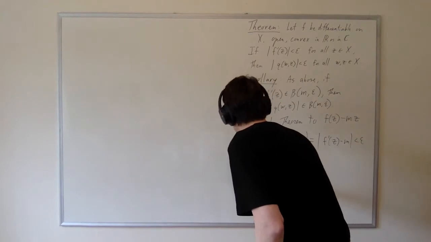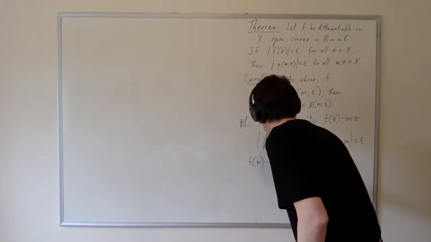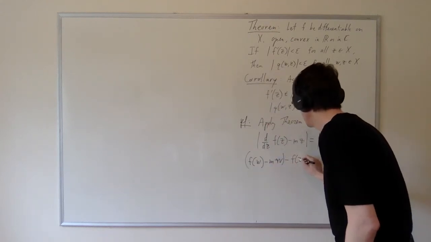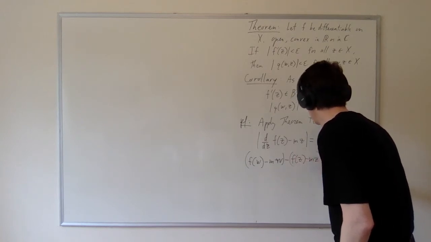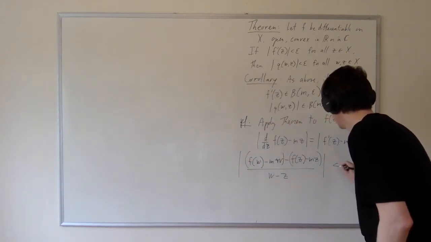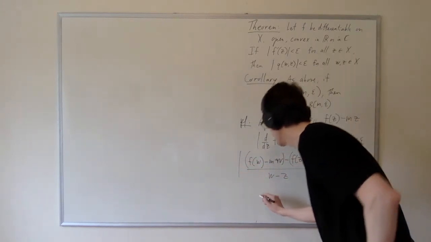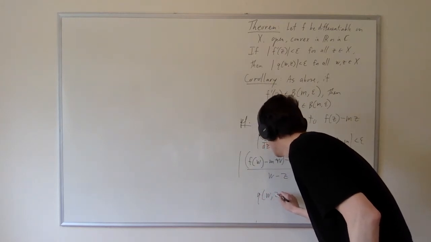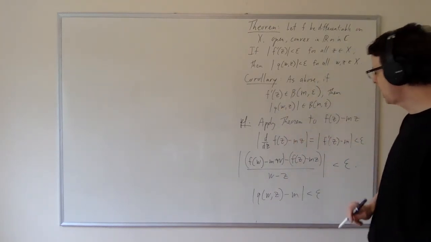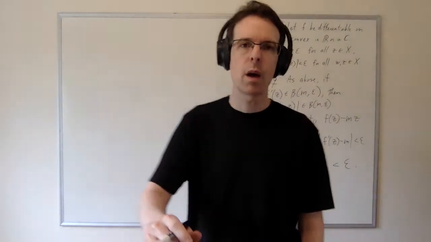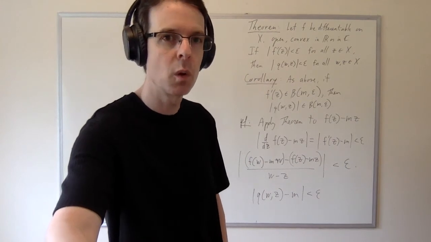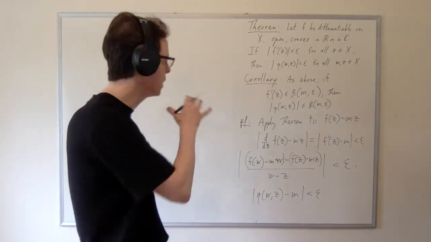So what does that mean? That means that f of w minus mw, minus the quantity f of z minus mz, over w minus z, is going to be less than epsilon. But we can cancel and simplify, and this is just q of wz minus m is less than epsilon, which is this statement that it's in the epsilon ball of m. So this demonstrates that if you have some control over the derivative, even if you don't know that it's close to zero, if you have some control over the derivative, then you can infer that you have equal control over